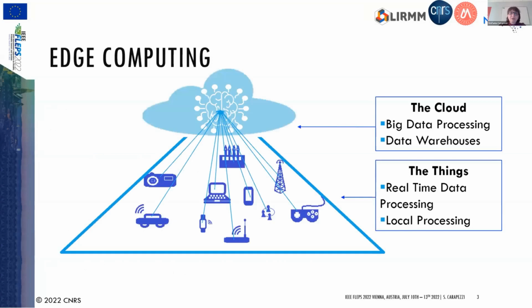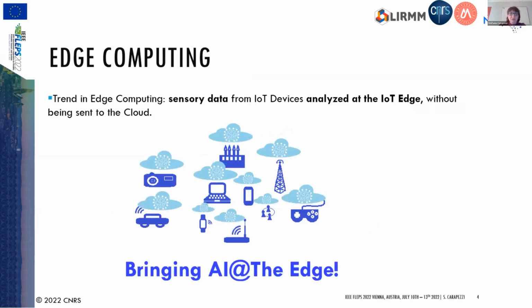So, about edge computing, edge devices are connected together and they form the so-called Internet of Things, IoT ecosystem. Usually they collect the data locally through sensors, and when an intelligent analysis is required, the data are sent through the internet to the cloud, so an ensemble of cloud data centers. But this is becoming increasingly unsuitable because of issues like, for instance, limitation of bandwidth, security, and also latency. So the trend is to bring AI at the edge, which means to process the data locally where they are